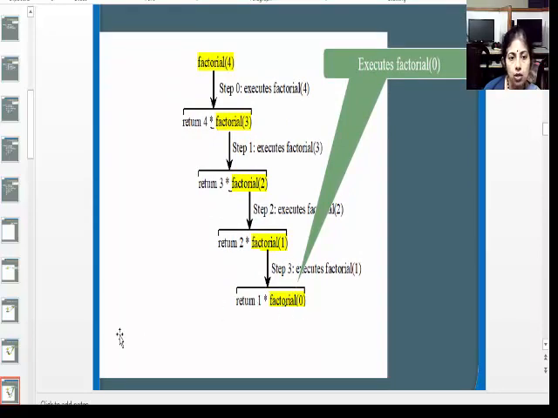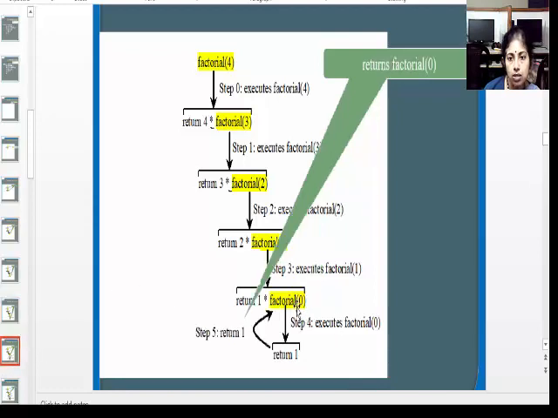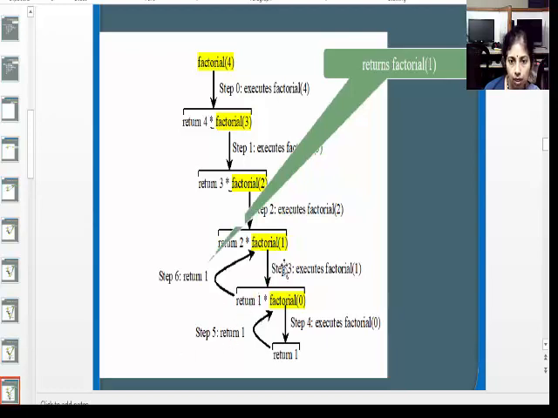And now factorial 0 will be matching with the base case and it will be returning a value of 1. So this 1 will be replaced in its parent function, that is factorial 0 will be substituted with 1. So at this point of time in this local area n value is 1, 1 into 1 is 1, and it will be returned to its immediate parent, that is factorial of 1. So 1 is returned to factorial 1. At this point of time the current working environment n value is 2. So 2 is multiplied with 1 and 2 will be returned to factorial 2.